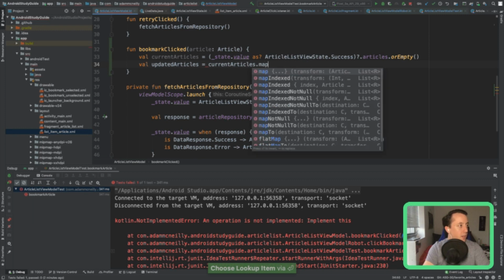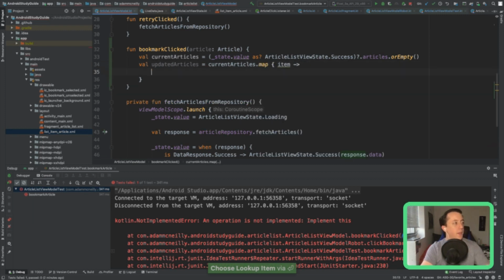We're going to map them all. And then if the item in the list is the one that was passed into this method, we're going to toggle that bookmarked state and then emit it.